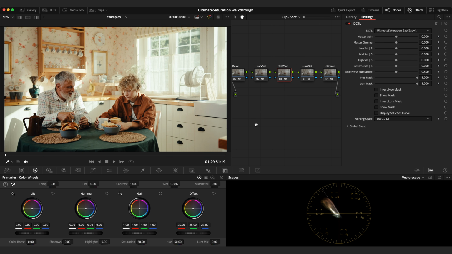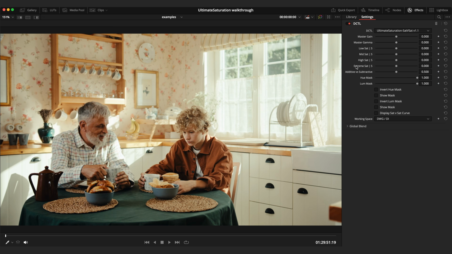Next up is Sat V Sat. This one gives you localized control between the low, mid, high, and extreme saturations of your image, which gives you more precise control than just balancing gain and gamma. This module is great for doing things like building looks that feel colorful without being overcooked, or bringing in super high saturated lights. For example, in this image I could try to go for a Wes Anderson inspired look by